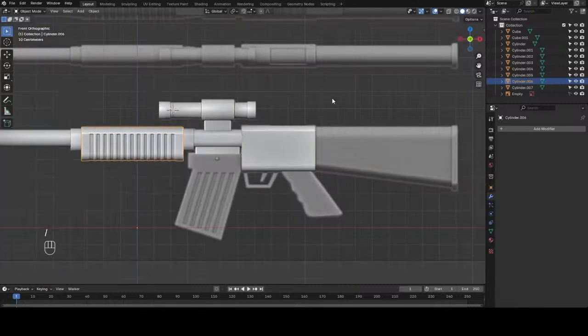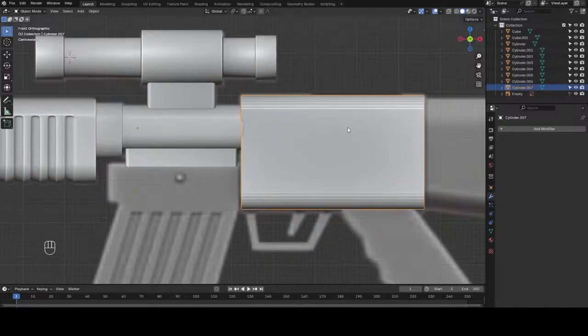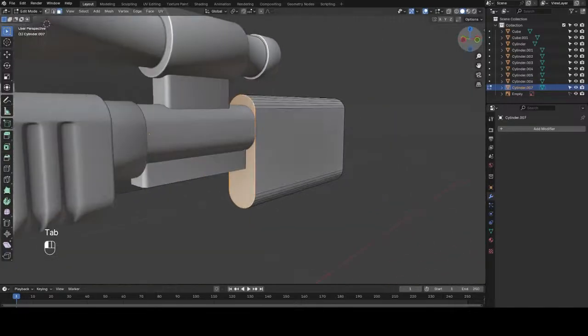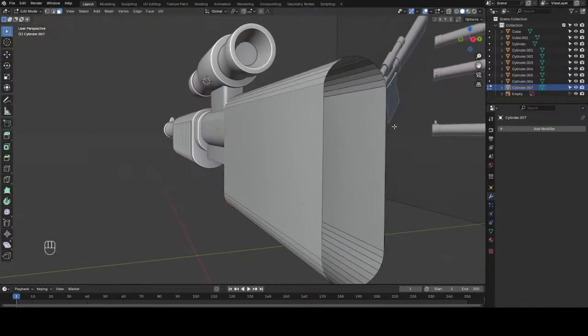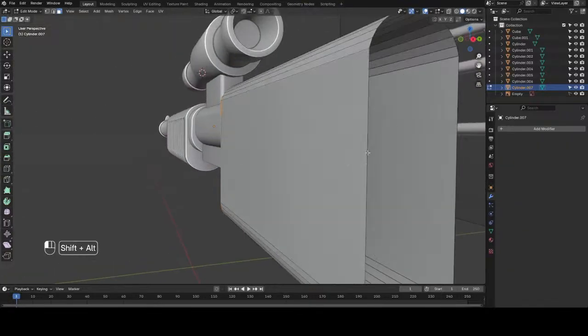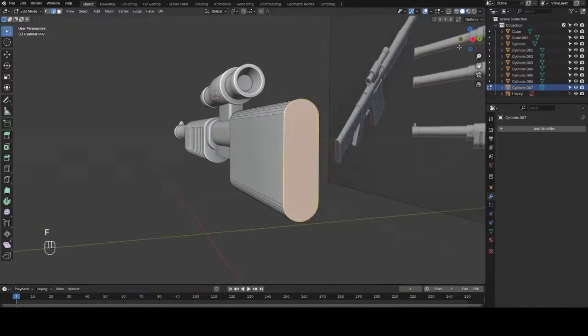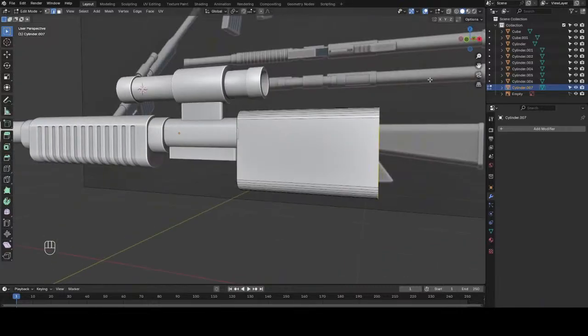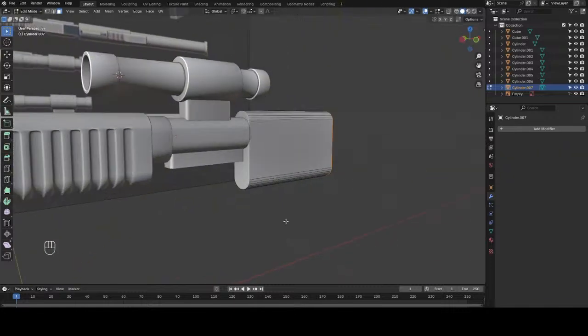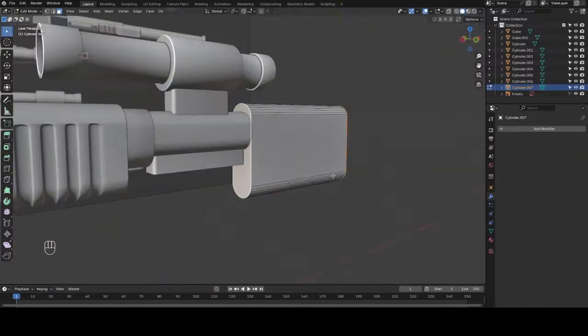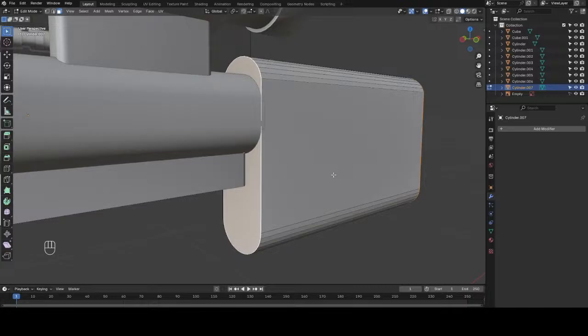Okay, now let's select this one, tap back to edit mode, and hold shift and alt, select this. Press 2 to be in the edge selection mode, select this edge, hold shift and alt, select this edge and F to fill. Now be in the face selection mode, select this face and then hold shift, select this face here, and then let's Ctrl B to bevel